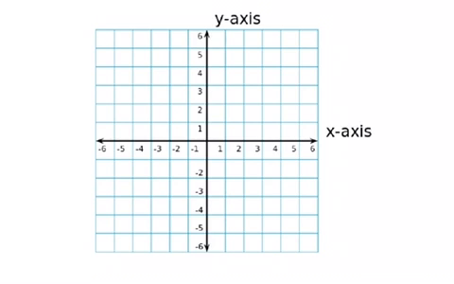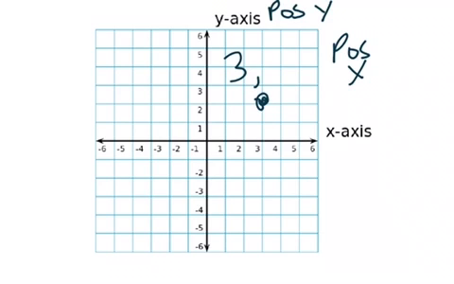Now, on your flaps that you just created, you wrote this as a positive Y and this as a positive X. Okay, so that means that whatever coordinates you plot in here, remember we always do X before Y, that's along the line of 3 and the line of 2. That would be positive 3, 2. That's how we would write that ordered pair. Now we don't have to put the plus sign in front of it when it's positive,